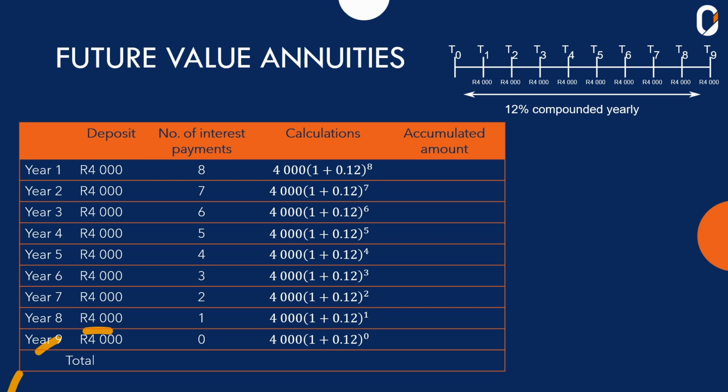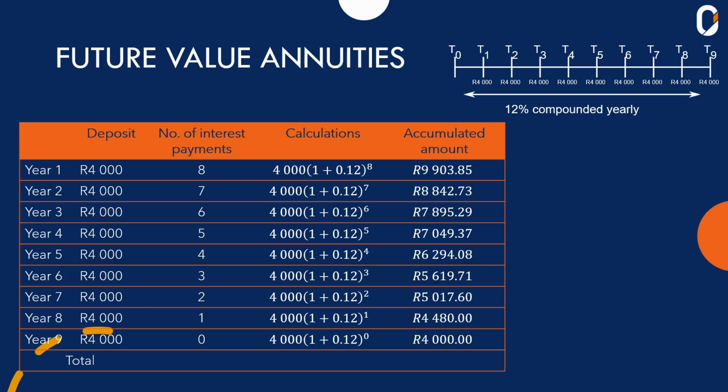And now punching in all those values into the calculator, I'll have for year 1 9,983.85, for year 2 8,842.73, for year 3 7,895.29, year 4 7,049.37, year 5 6,294.08, year 6 5,619.71, year 7 5,017.60, year 8 4,480, and finally year 9 4,000 as it was deposited, because it didn't spend any time and